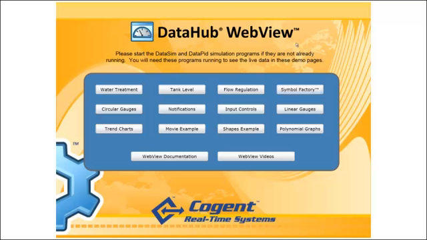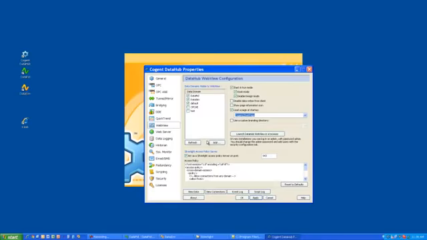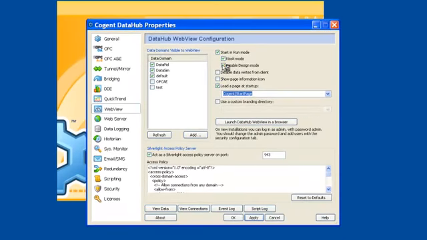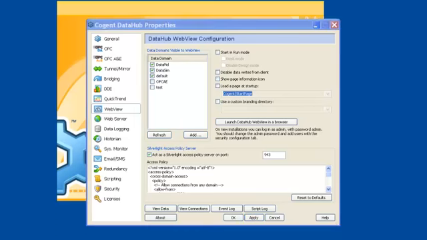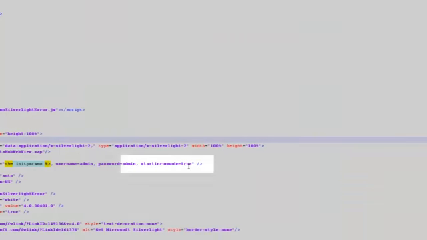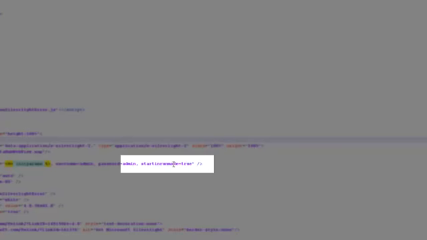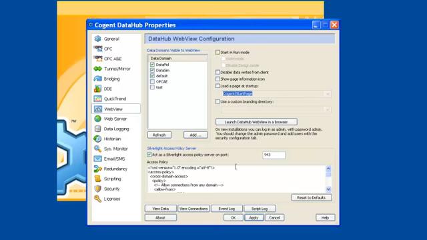options while we're talking about this, and I can't really show you because I'm locked into design mode here. So let me close the browser and let me turn off disable in design mode and kiosk mode, and I don't need to load a startup page anymore, and I don't need to start run mode. So I'm going to apply those settings, and you'll probably recall that I have to be a little bit careful because I have specified start in run mode here, and even though I turned it off here and I hit